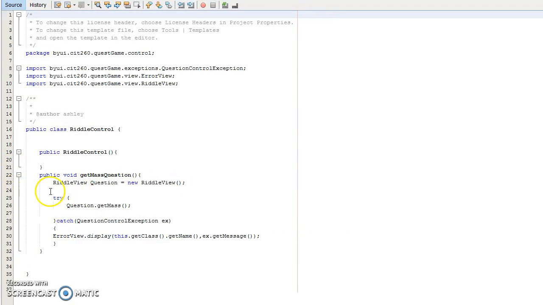quick. It says, okay, I'm gonna try running this code. So that's the getMask function that throws to the QuestionControlException. And I'm gonna try and run this code, and if there's an error, I'm gonna catch it with this class, and I'm gonna display the name and the message that's stored in the errorView.display. So I added this logic to RiddleControl, to try the function and catch the runtime errors with the prompt from the error view message that's here,